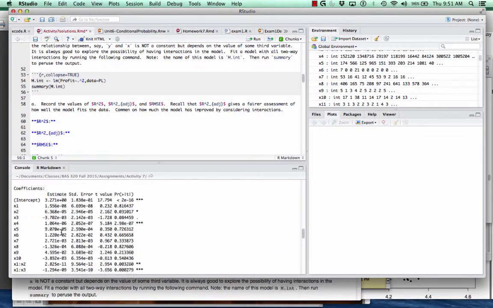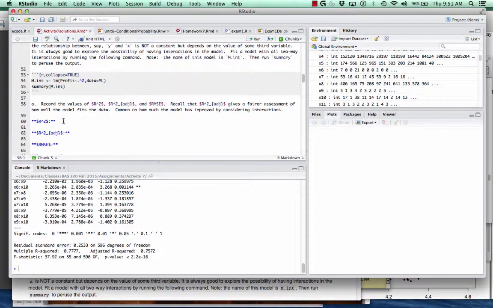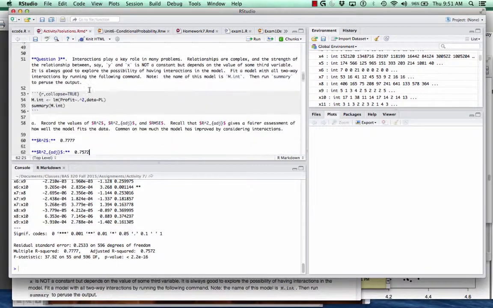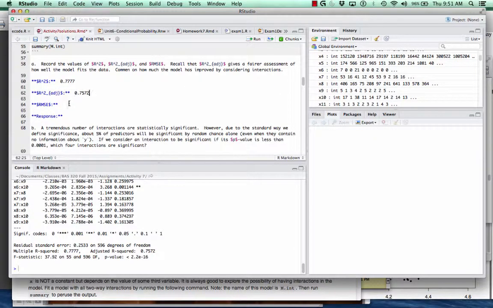So we see there's a lot of output, a lot of predictors in that model, and we see that the value of r squared has increased to 0.7777, but that's no big surprise. We know that every time we add a new predictor into a regression model, the r squared is going to get bigger, regardless of whether or not those predictors are related at all to y. And so a fairer comparison of how well the model fits the data is the r squared adjusted, which we see is 0.7572. So it's actually increased substantially by about 0.05 by adding in these interactions,